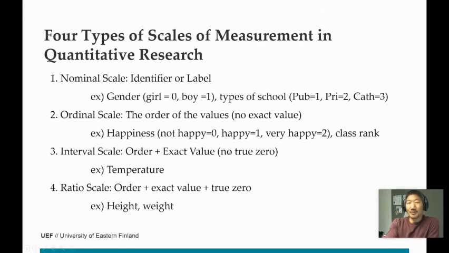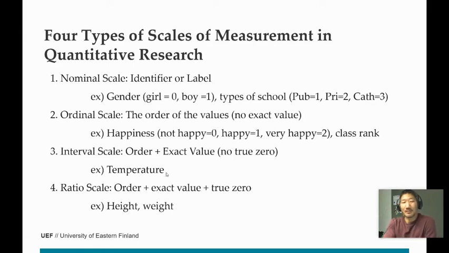What does that mean, true zero? It means that there is a 0 Celsius degree in the temperature. And it's just a freezing point or the melting point. But we cannot say there is no temperature. There is still cold temperature. Maybe, I don't know, maybe it's cold to me. So 0 is cold, but we cannot say there is no temperature. So in terms of the interval scale, there is an order and exact value, but there is no